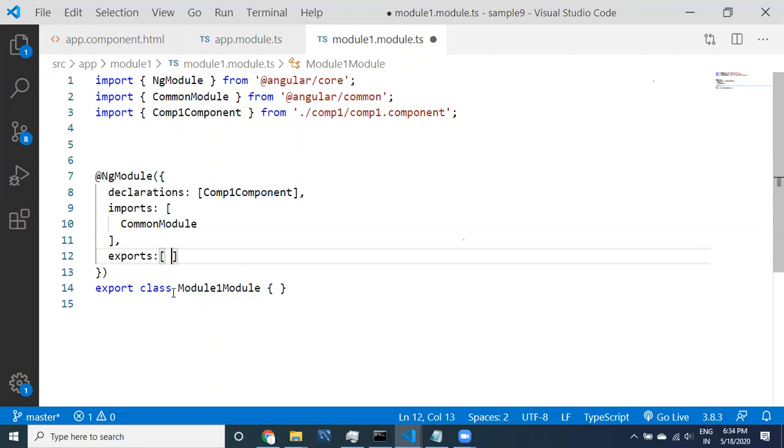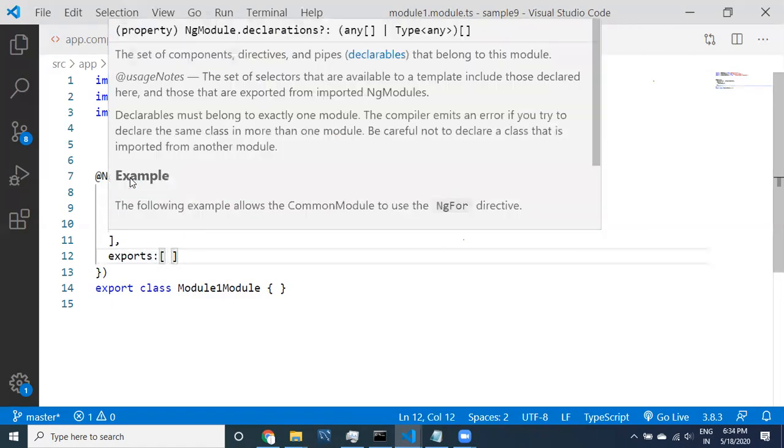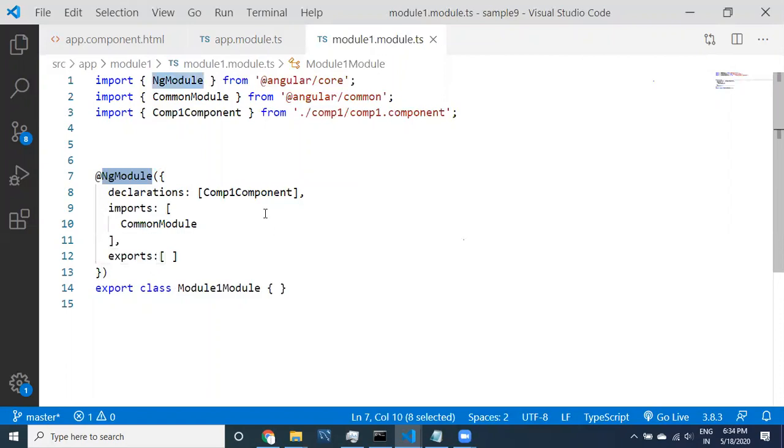Inside this exports array, what you can do is provide the component you want to export. Of course, this module may contain 10 components, but if you want to export only one, then provide that component only. See here guys, we already declared component1, right?